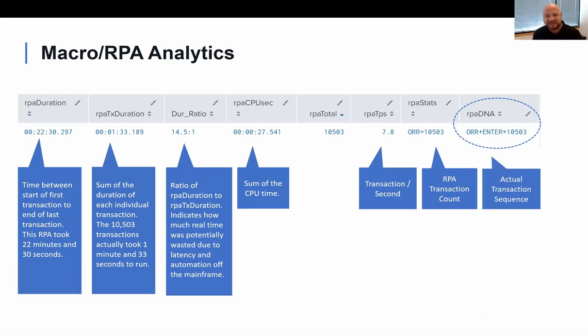Now we often dig a bit deeper. This is one of our favorite things. If you enable exits, we enrich that SMF data with things like the PF key and enter keys in the O1 and OA data fields. Then once we have that enriched SMF data, we can map the pathway through the transactions. In this case, it was the enter key. So we figured out what this bot was doing.